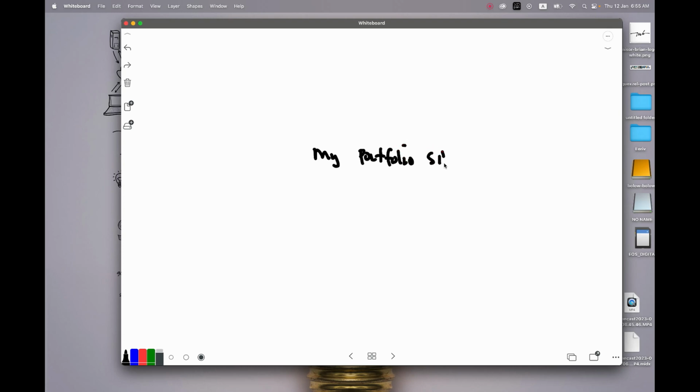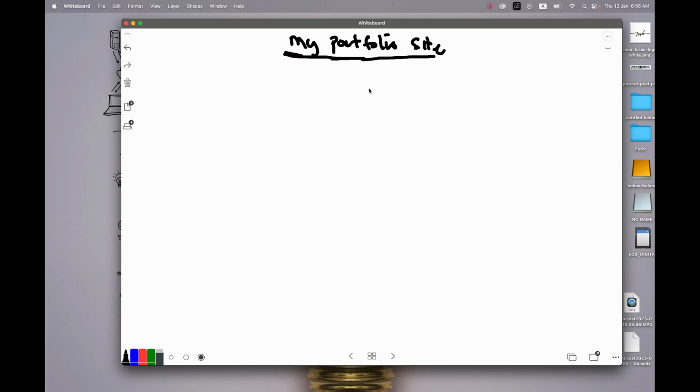My portfolio site. Oh, excuse me, rather. I'm going to do this instead. So I'll have my portfolio website. Under my portfolio site, right now I'm going to sort of draw the structure of what everything is going to be. So below the portfolio website, I'll have a next place which is called like the home